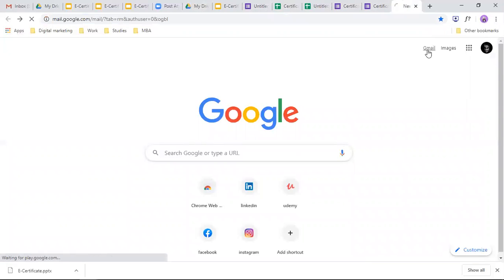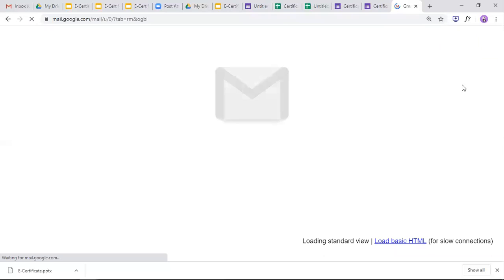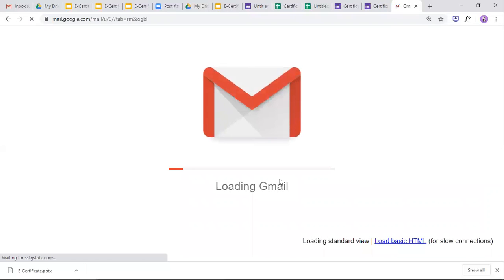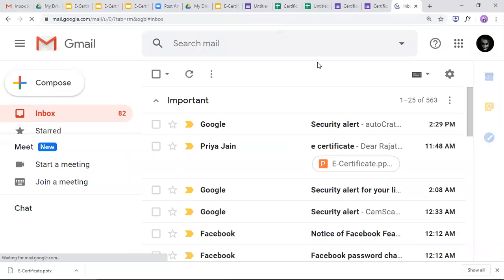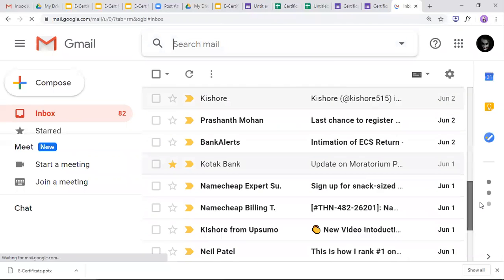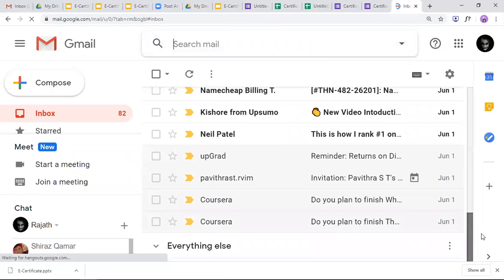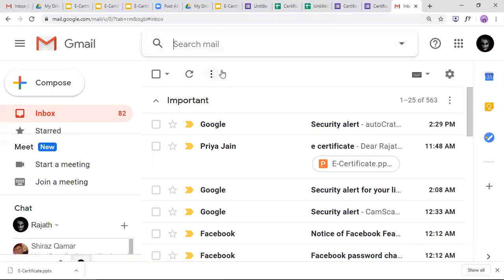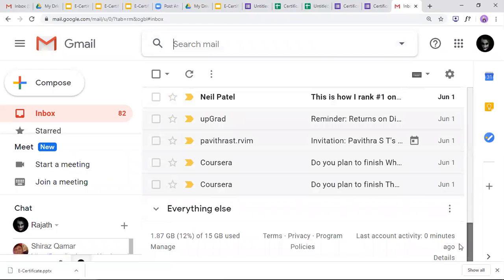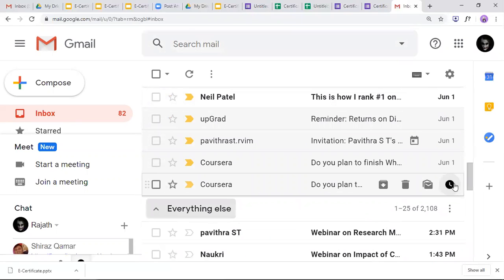Open your Gmail. When we did it from Rashmi ma'am's ID, we got it. See, you have mentioned only important. That is why you're not getting it. Go back and go to your entire inbox. You have highlighted that you want to see only important messages. Go to inbox, everything else is here.